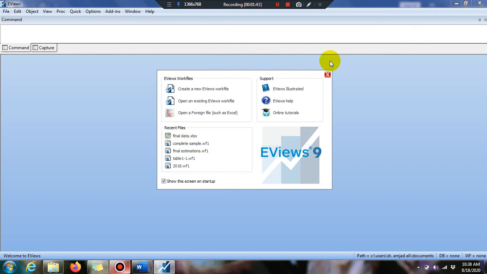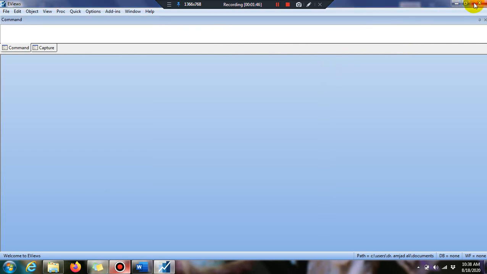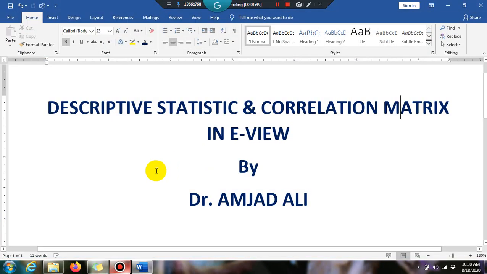Okay, your instructor has also informed you why you are using eViews and what type of data will be estimated in eViews. Dear scholars, time series, cross section as well as panel data will be used in eViews for empirical analysis. You can say that eViews has been developed specifically for cross section data, time series data as well as panel data, which you can call pool data.